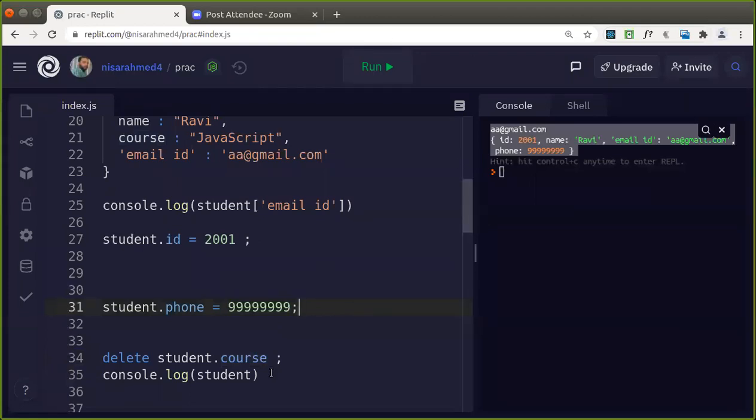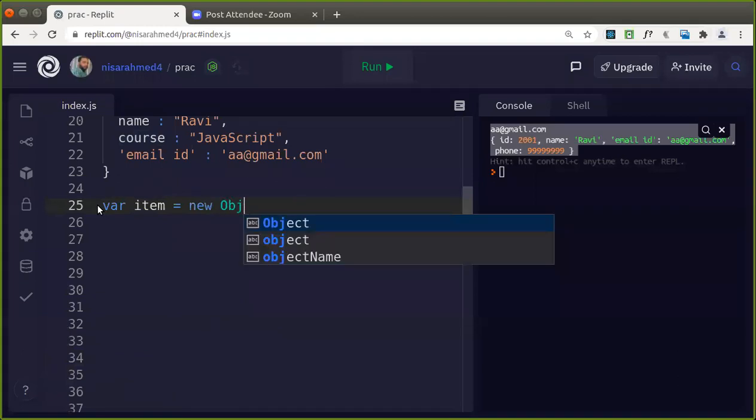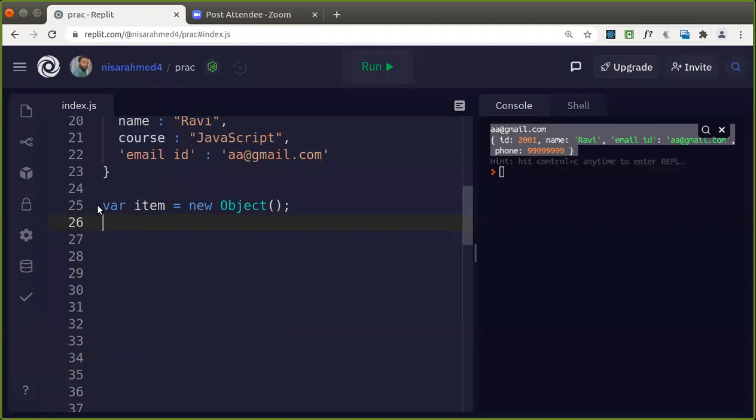Fine. This is one way of creating an object. Simple, easy way. And the second method of creating an object: suppose you want to create an object, item is equal to new Object. So new is the keyword. New is used to allocate memory. In JavaScript also it's used to allocate memory dynamically.